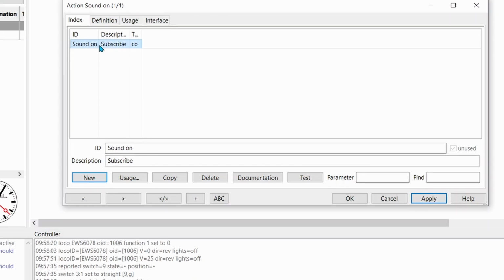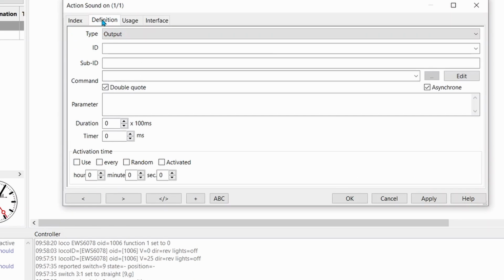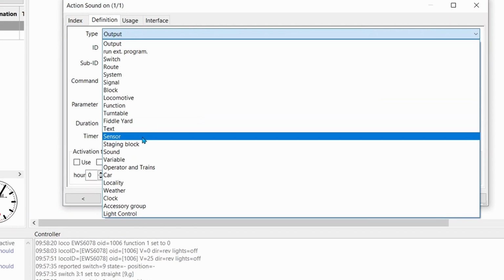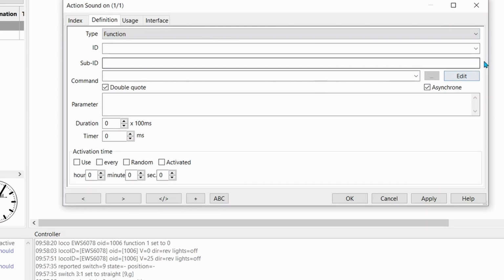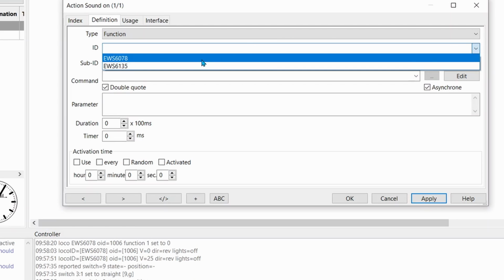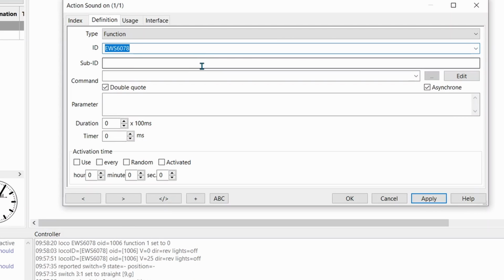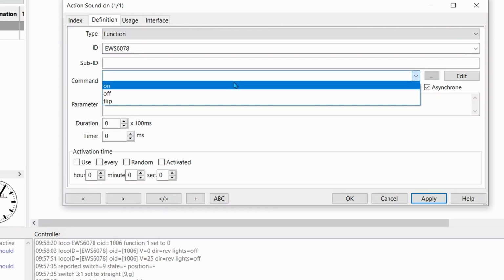Once applied, up here we can go and define it. So definition. It's going to be a function for a locomotive. The locomotive we're going to use is a locomotive ending 78. Sub ID we'll leave blank, and in the command we're going to give it the command on.